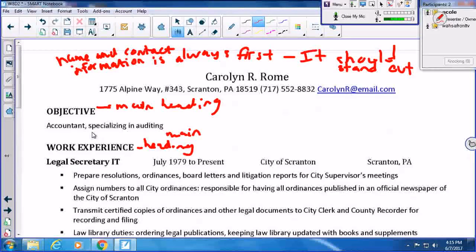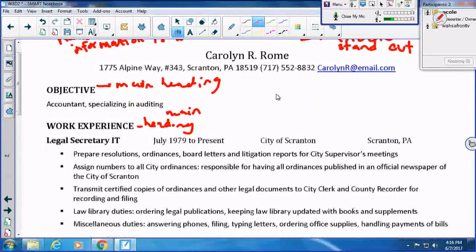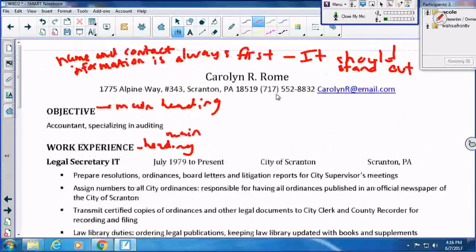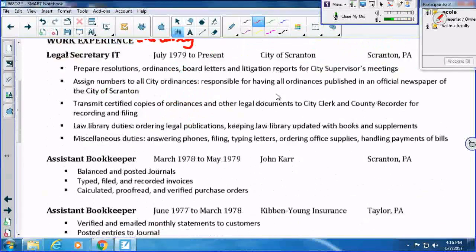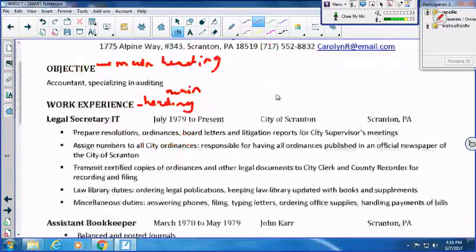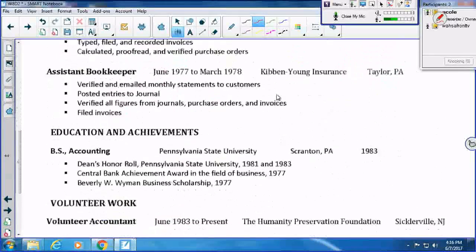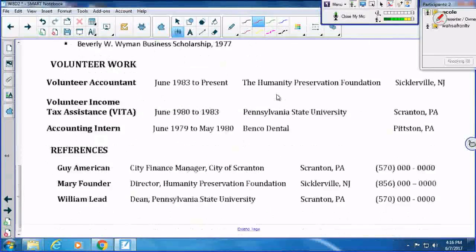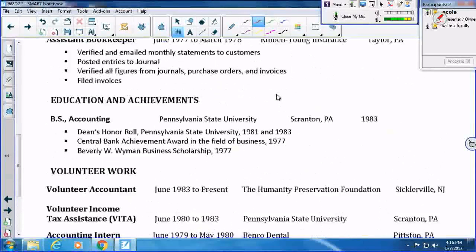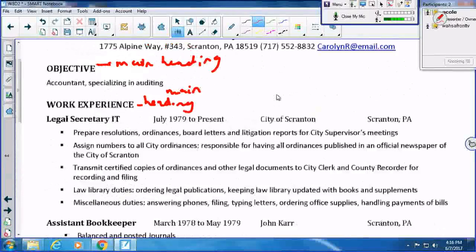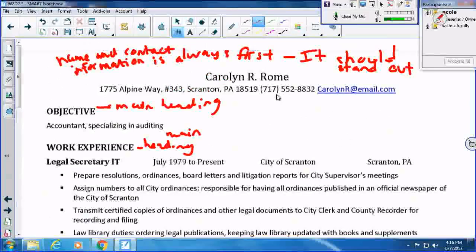And actually, this is a good example with this chronological resume. This is a good example of how the person could have spread this out a bit more to make it easier to read, so that everything fit onto 2 pages instead of one. But just for simplicity and to make it clear for this course, all of the resume examples fit onto 1 page. But depending on what kind of resume you're writing and how much experience you've had, you might need more than 1 page. And I think this is a really good example with this one where more than 1 page would have been a good idea.